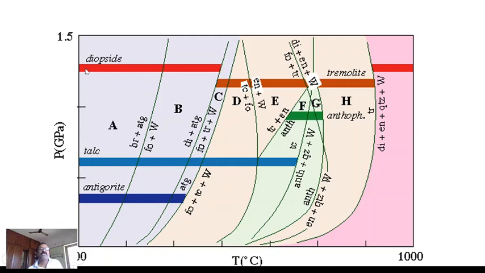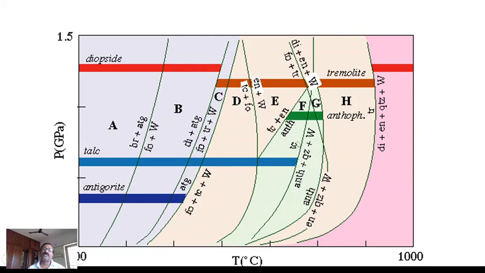Then in the lower grade, as I said, the diopside is present. Diopside is also present in the higher grade, above 900 degrees Celsius. In between, there is no continuity of this diopside; you will get a mineral called tremolite. All the reactions you get: diopside plus antigorite gives forsterite plus tremolite. Here the antigorite dissociates into forsterite and talc. Here you can see talc plus forsterite gives enstatite plus water. Talc plus enstatite gives anthophyllite.